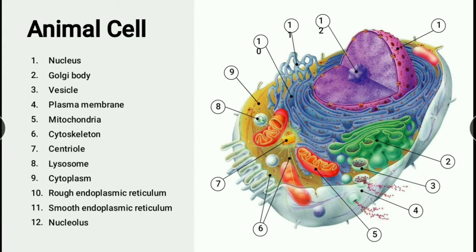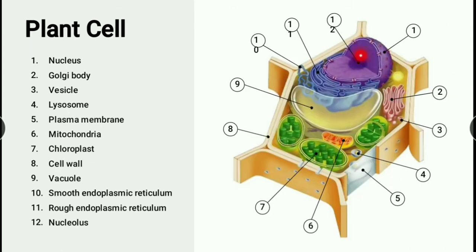And what is the name of this organelle? Mitochondria. Like that, these are commonly called organelles, and they have some names. Understood? Here also, nucleus is there, cell wall is there. In between, what is there? Cytoplasm, a jelly-like substance called cytoplasm. Inside the cytoplasm, what is there? Organelles are there. Okay.